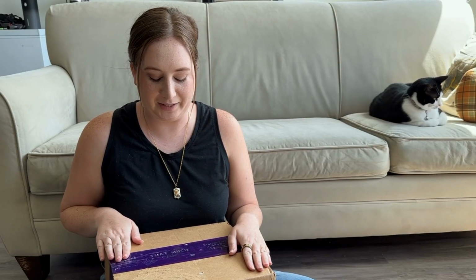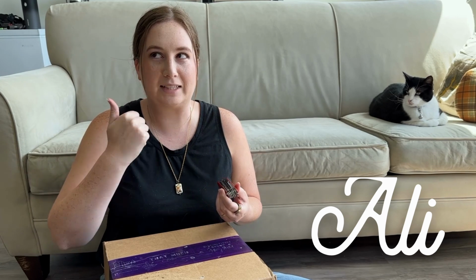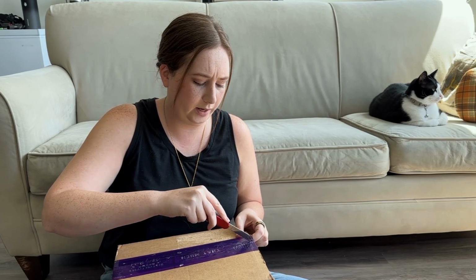I'm so excited for this package. If you don't know me, my name is Allie. If there's two things I love, it's Disney and coffee. And if you also love Disney and coffee, then you know that the biggest brand for coffee at Disney is Joffrey's. And I don't know why it's never occurred to me before, like this is not a new thing, but